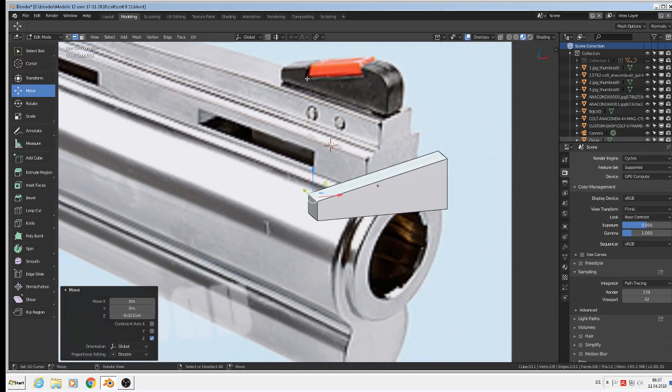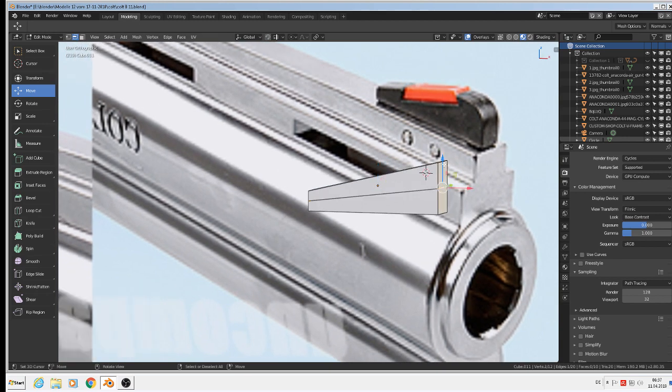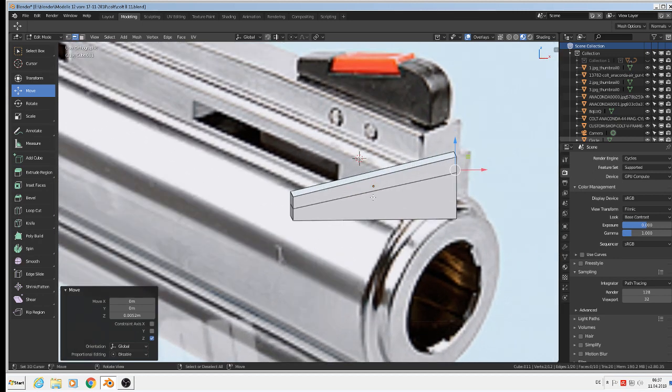Then we need this inner part there, so Control R, make a loop in, and bring them till the same height. So that is a floating stuff there. Then we get here two loops in. Scale. Well,